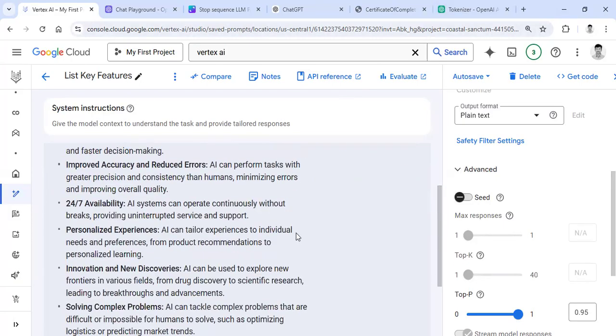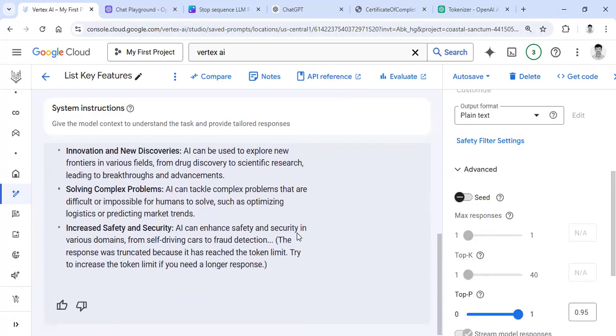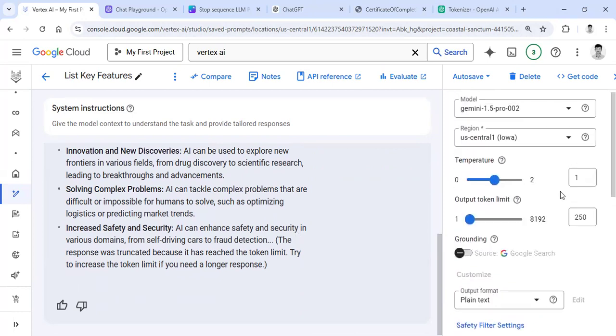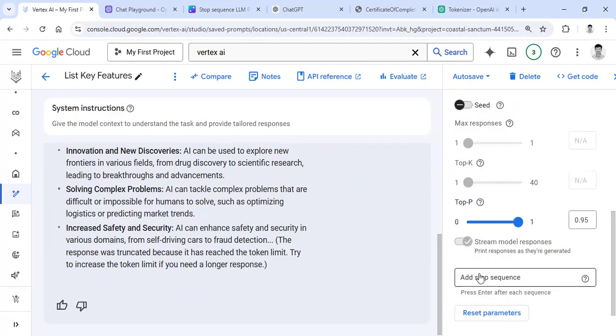See this. It keeps on generating the text. So you already know when it doesn't find any stop sequence, it will complete the task by reaching the token limit or timeout. So when we are using the stop sequence,